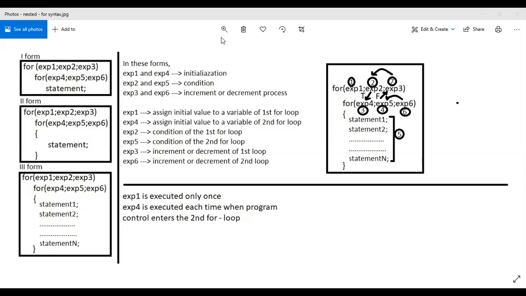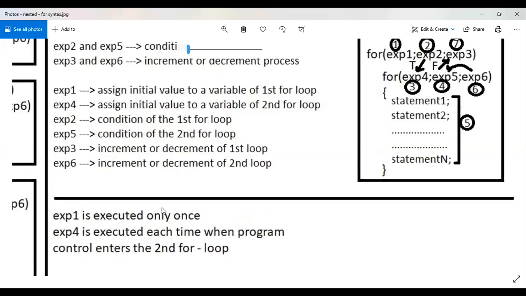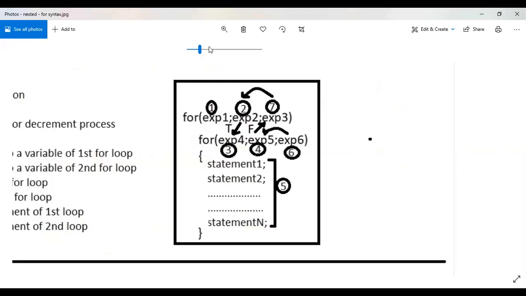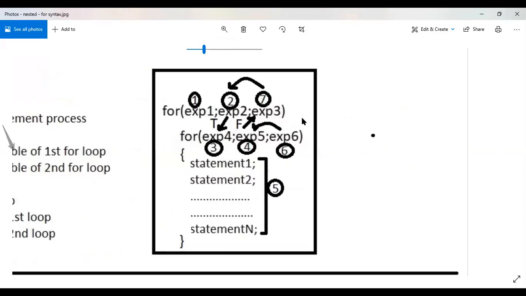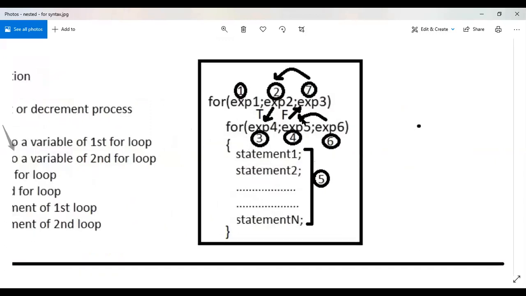Now, coming to the working of this, you just look at this working. See, if you look at the numbers here, what I have put in the circles, that indicates execution steps. Okay, because when we execute the nested for loop in Turbo C editor, and if we trace the program by using trace into option, that is F7 key, you will observe the program control.